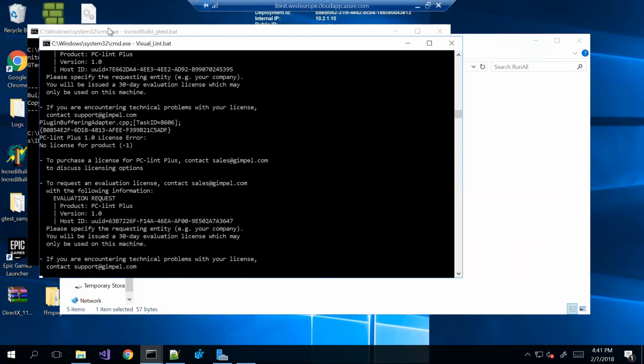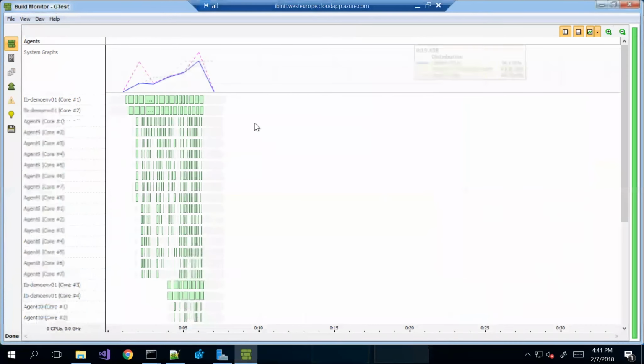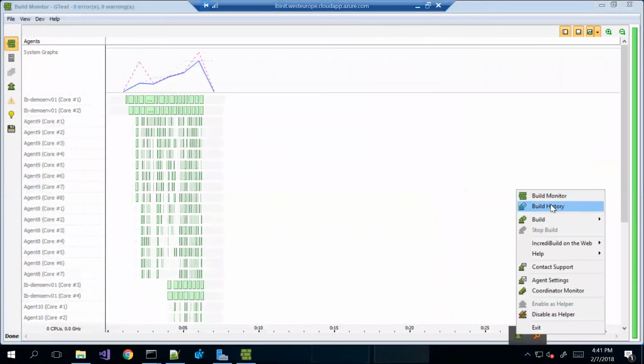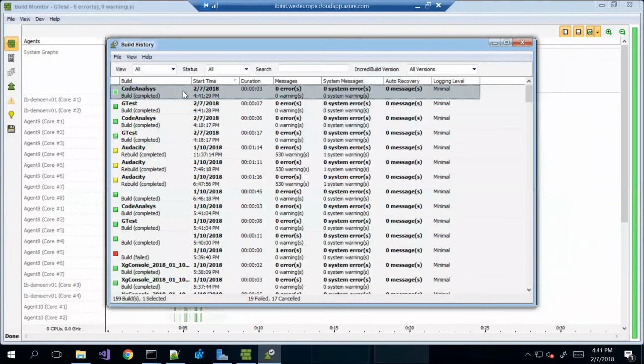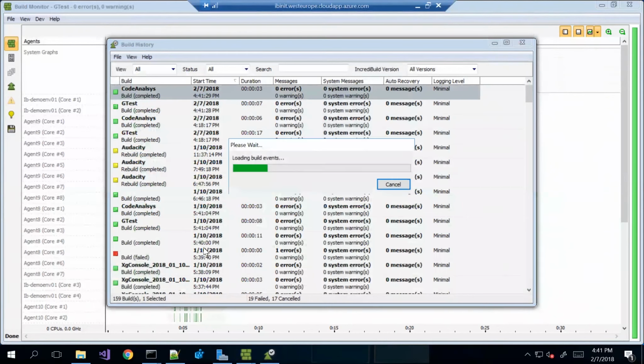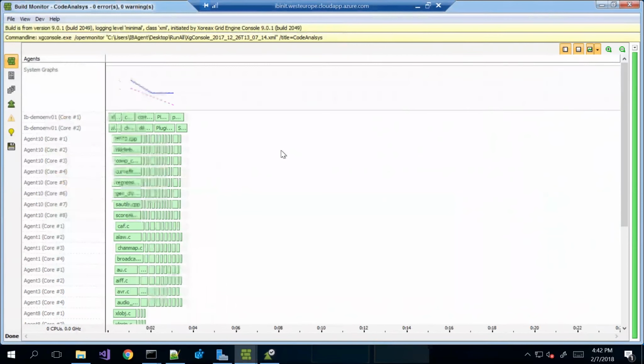As you can see, two command lines were being executed, and I can see one of the build monitors. This is the G-test. I can see all my tests running in parallel. And if I go to the IncrediBuild build history here, I'll be able to see that both builds were being executed in parallel to each other. So both the code analysis and the G-test were executed in parallel. And if I open both build monitors, you can see that my farm utilization was highly optimized. So I used all my agents because I had enough tasks to use all of them. So this is to show the